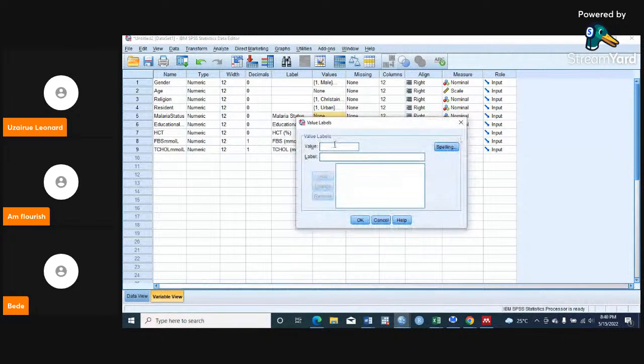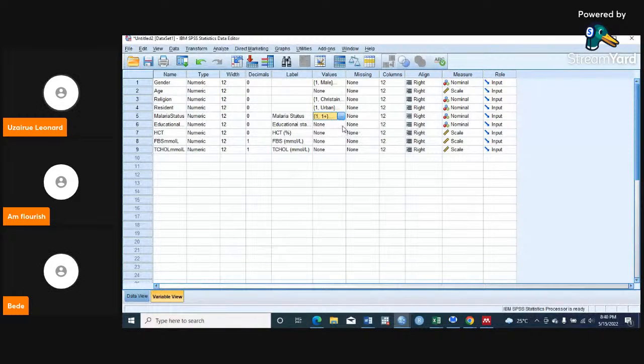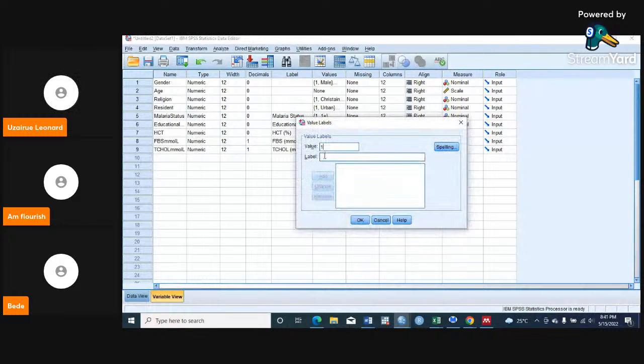Malaria status. It would actually have been good that we first and foremost have positive, negative, but no problem. We just leave it as it is. We said 1 was plus, and 2 was 2 pluses. So education. So 1 was primary, and 2 was